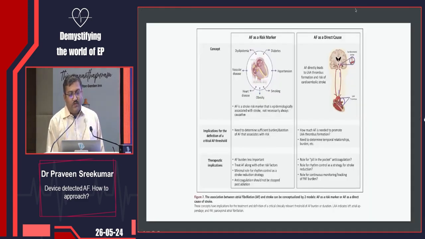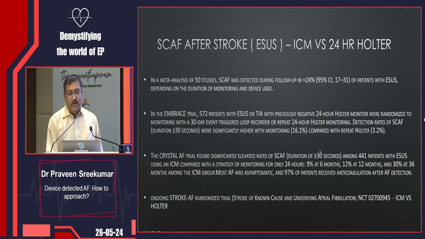So whether the AF is a part of a general risk factor for stroke or AF is directly causing stroke, that we have to determine. If it is the second, then we need to actively treat AF, actively see the AF burden, and quantitate it actively. But if it's just a risk factor, then we just need to treat the risk factors rather than treating it as a separate entity. So with cardiac monitoring, the incidence of SCAF is very high, 16.1%,